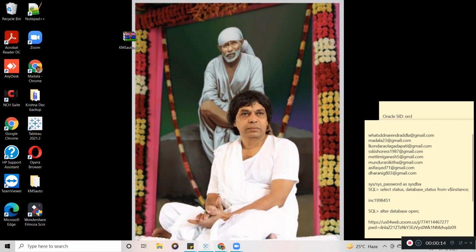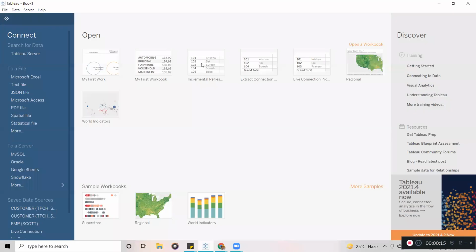Okay, right. So today we are going to learn, if you have a large set of data, for example millions of records, how you can create an extract. Last time we saw that we have 15 crores of data in one of the tables, the customer table in the Snowflake database. Now we will learn how to quickly create that extract, and after publishing it to the server, how we are going to refresh it.